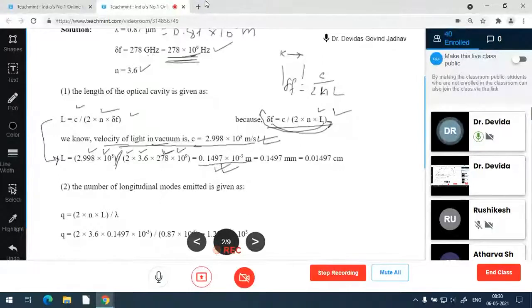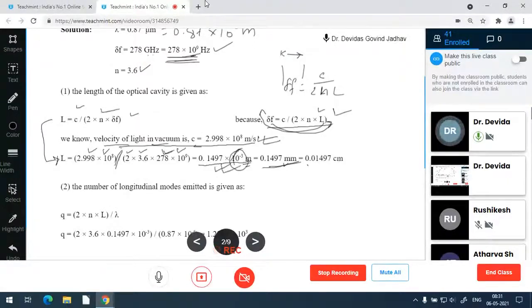0.1498 into 10 raised to minus 3 is the answer of this, and the unit is meter. If you convert this into the coefficient or multiplication factor, 10 raised to minus 3, you can write it as milli. So it becomes 0.1497 millimeter. So 10 raised to minus 3 you can convert into milli, or millimeter we can convert into centimeter